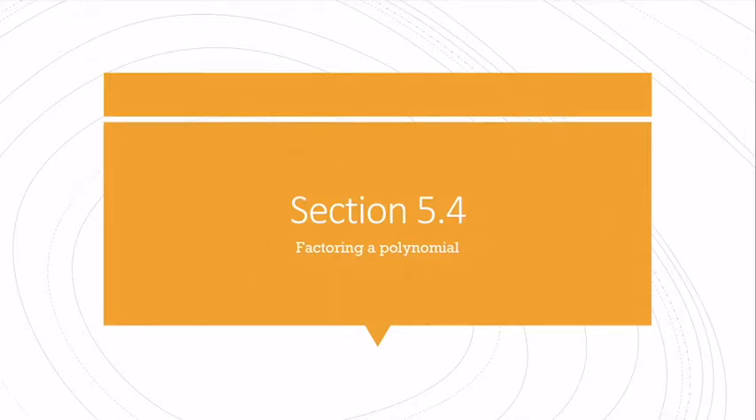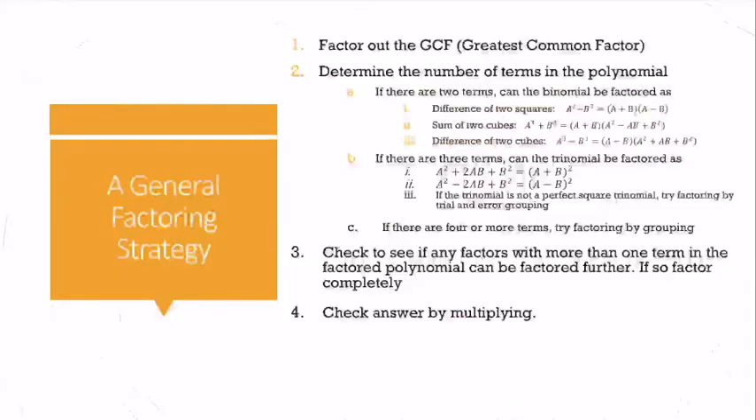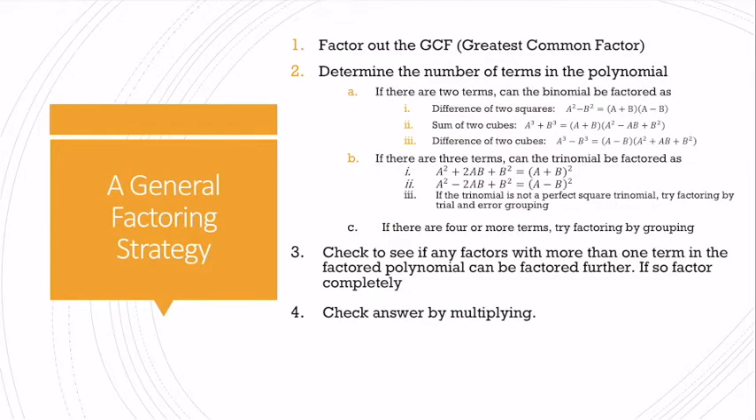So now let's have some mixed practice of how to factor a polynomial. So here's a general factoring strategy. Number one, you want to factor out the greatest common factor. Two, you need to determine the number of terms in a polynomial, right? Remember, the only ones you really have to memorize are these two, but otherwise you want to find the factors